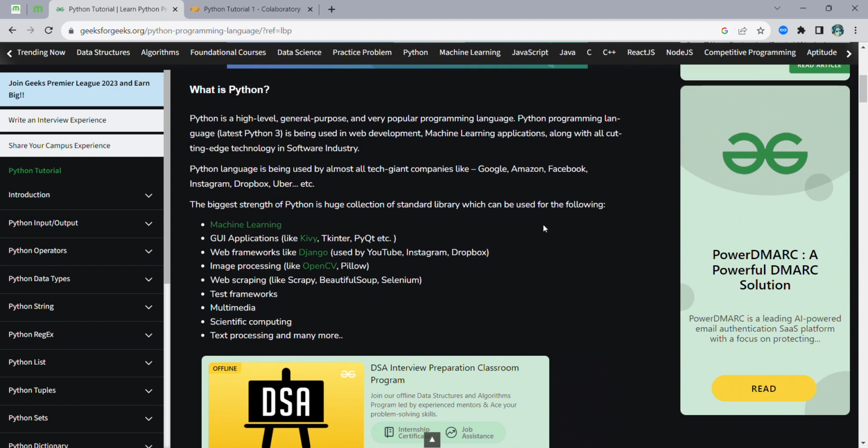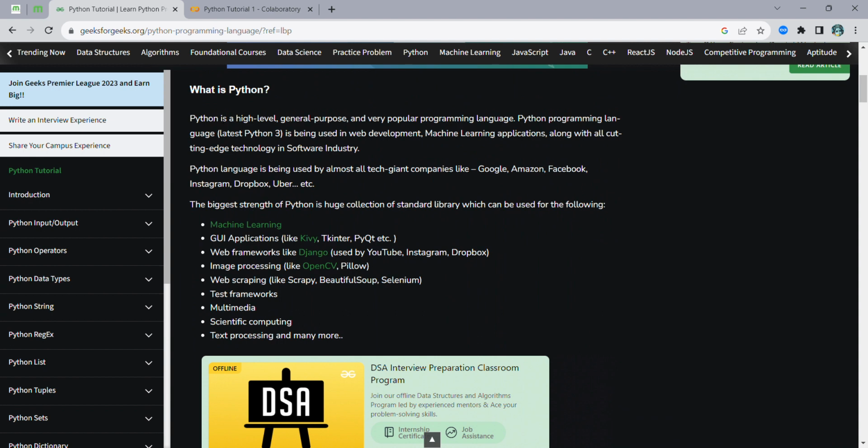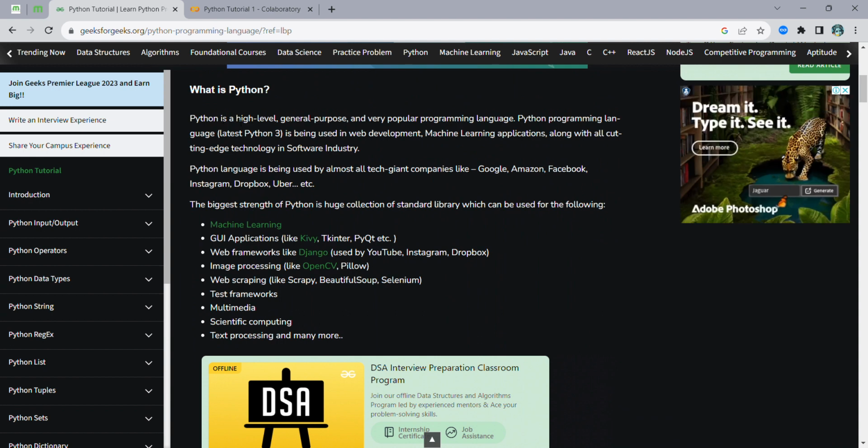Moving ahead, what is Python? Python is a high-level language. Why high level? Because the syntax is written in English, which is very understandable to humans. It is a general-purpose and very popular programming language, known to everyone in the world, and it was first established by Guido van Rossum.